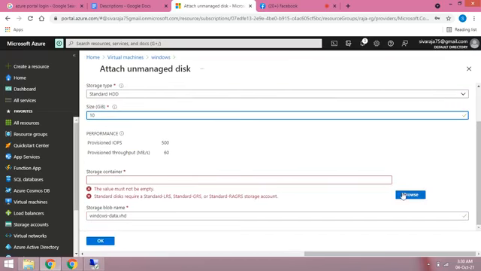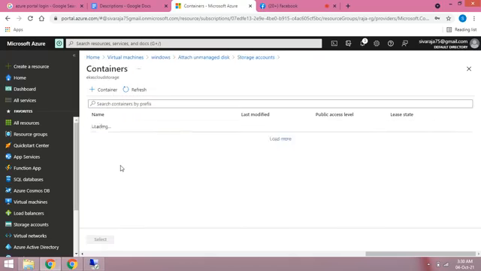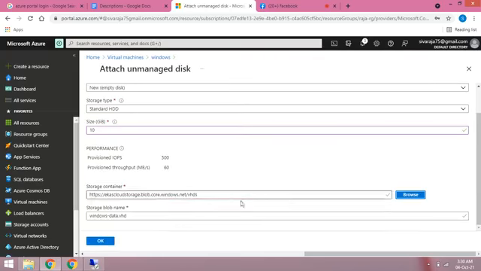So where do we store this disk? In our storage account, in a storage container. So now browse, Vkas Cloud. Choose our container VHDs, and select.